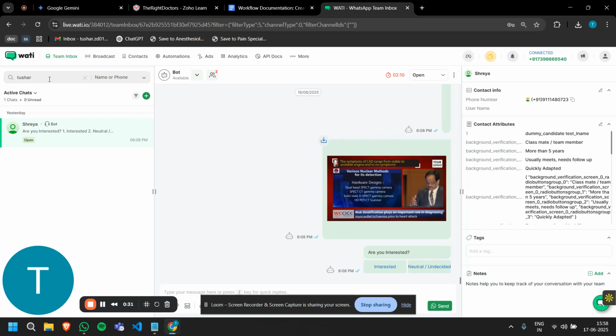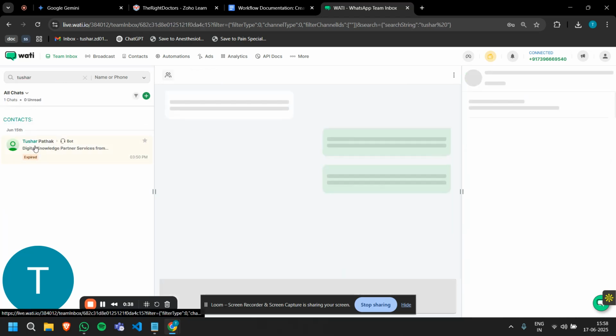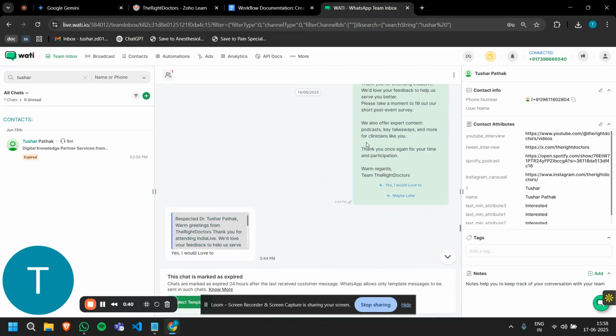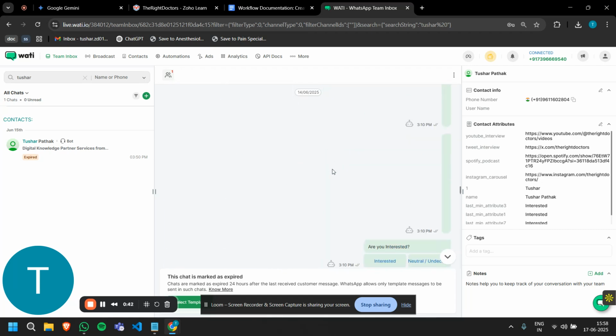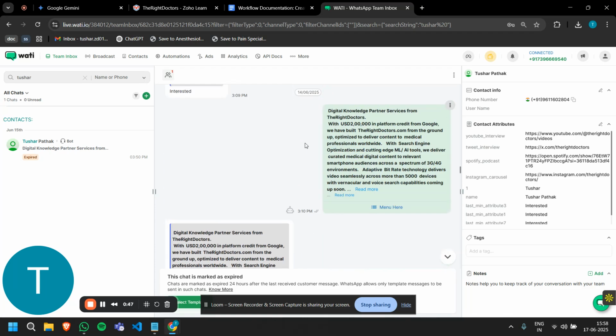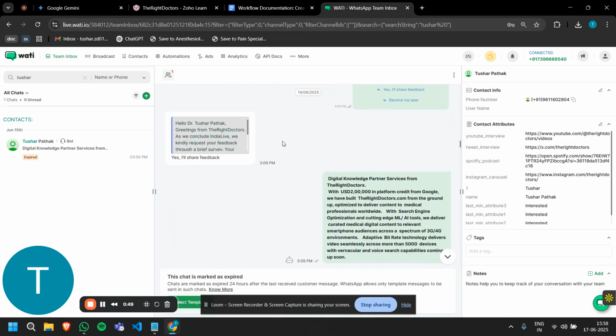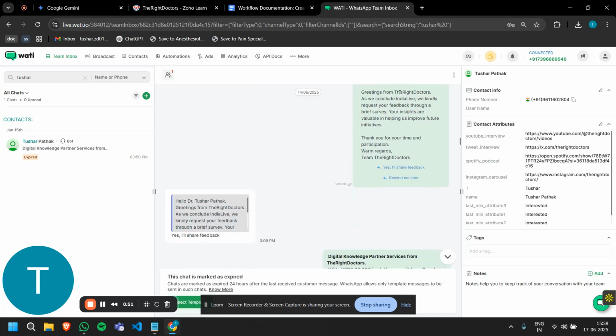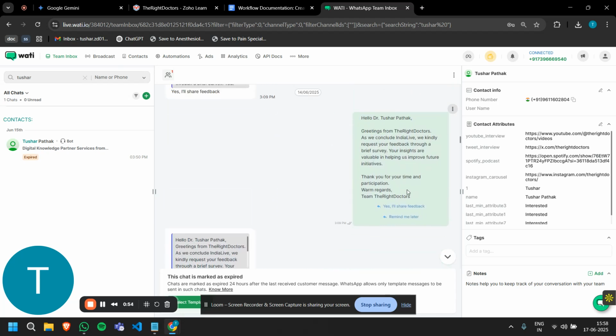If I go to my name, all chat. This is one of the workflows that has already been worked on, which I worked on. So just to show us an example, here starts the workflow. This is the initialization of the chatbot, which starts the basic workflow and the automated chatbot